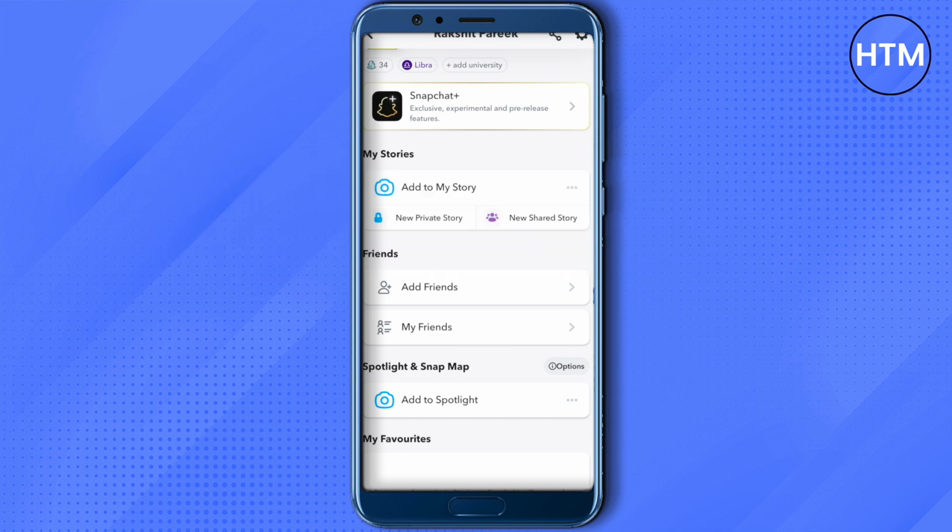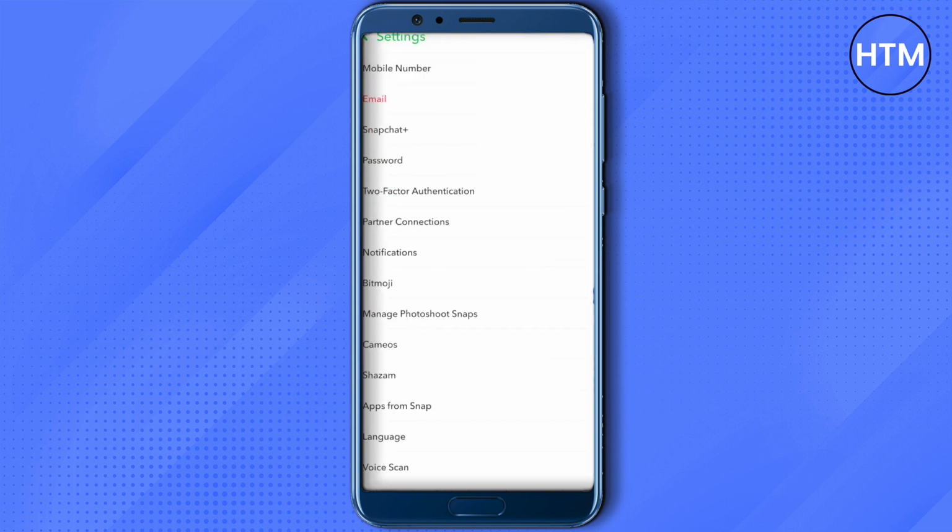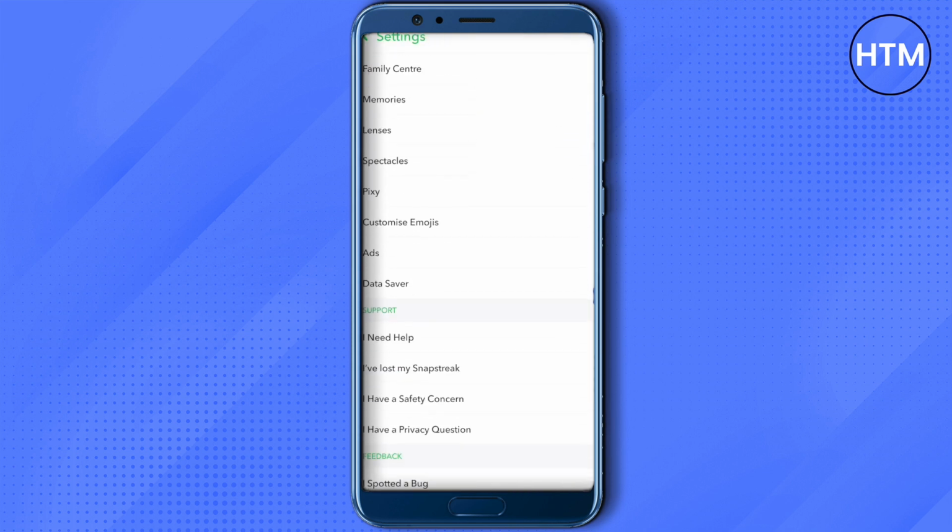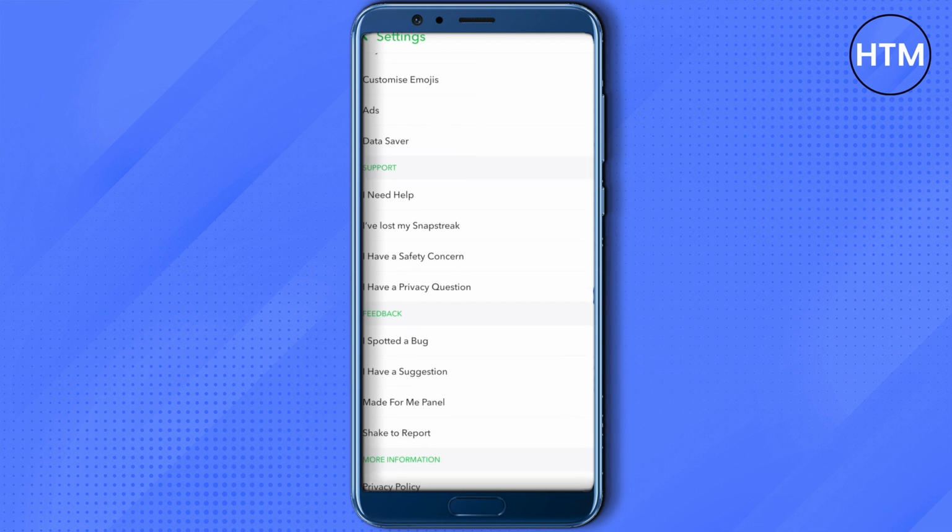So for that you need to open up your Snapchat and then go to your profile, and on your profile you need to hit up to your settings. For that you need to click on the top right hand side corner, then scroll down, and under the support section you will be able to find this option of I need help. Just click on it,